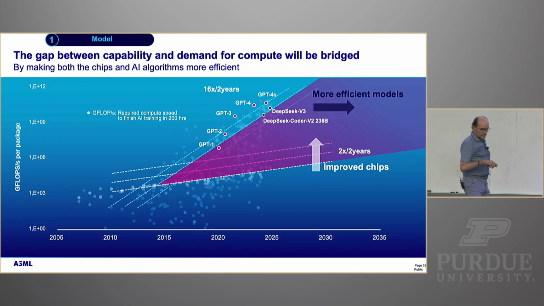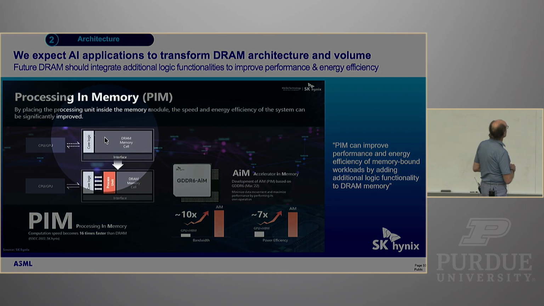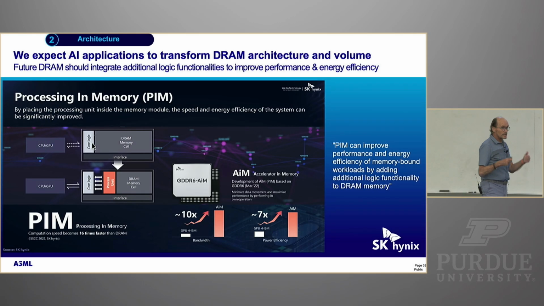On the computer side, we also need to do stuff. We need to make the architectures of our compute more efficient. And here you see one way that people are doing that. In a modern data center that is doing training for AI, as much as 60% of all the energy is not to do computations. It's just to move the data from the memory to the logic chip where the computation is done, and then to move the results back. What if I could